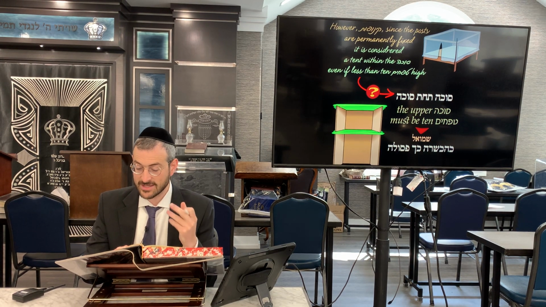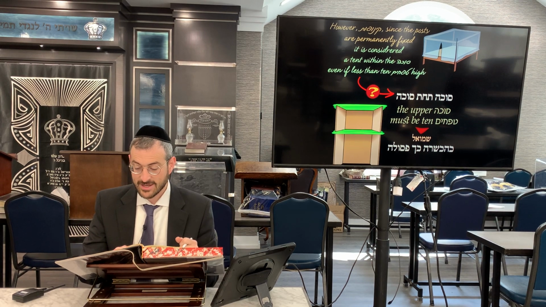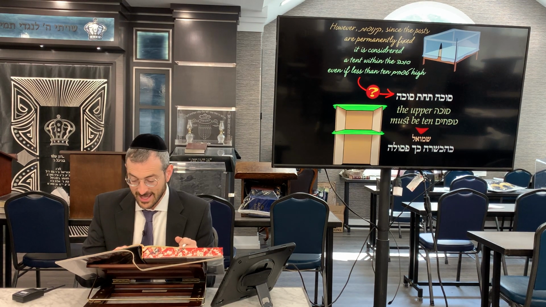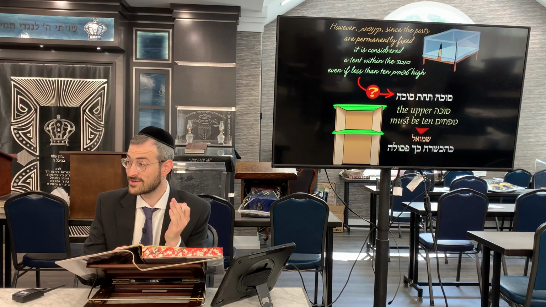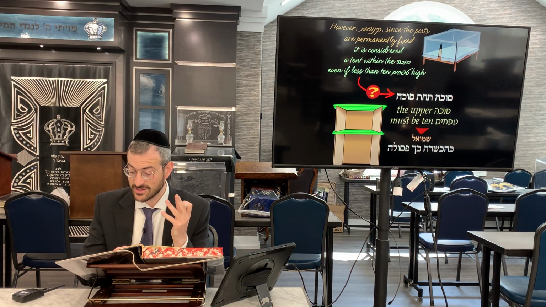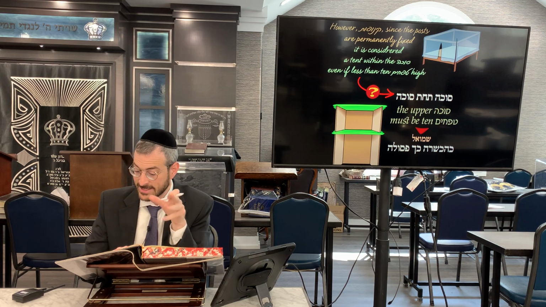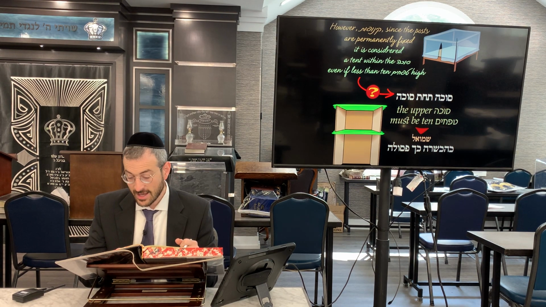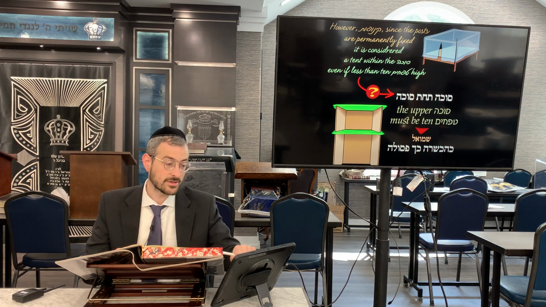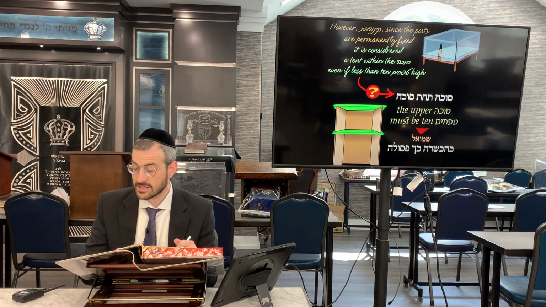But here they were trying to make this into an oil, meaning that you can't sleep beneath that canopy, but the rest of the sukkah is going to be kosher. Again, it's not affecting the whole sukkah. It's just talking about, is this thing making an oil? But some asar and nami haba that yes, if it's a permanent structure, then even less than 10 tefachim, it's going to be an oil.